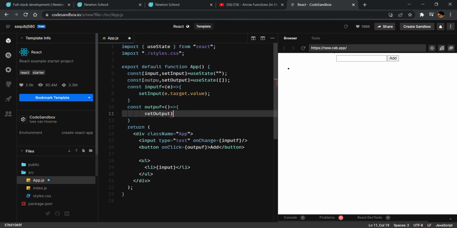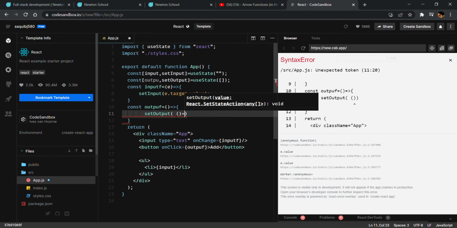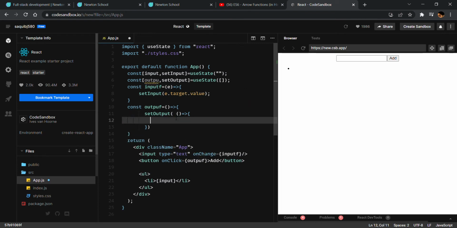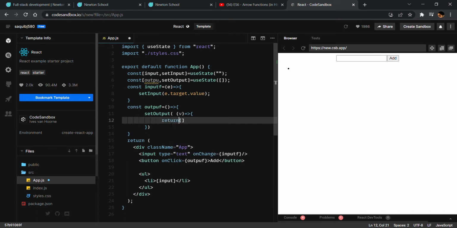Okay, notice that I am storing data in the setOutput, and it will store an array. Also what will return will be an array. Okay, so I am taking this also. In this I have to pass an arrow function here. And in this arrow function, we have to take a value here. So I just mention a value. You can mention anything. So in this we return an array, and in this array we have to take this value,